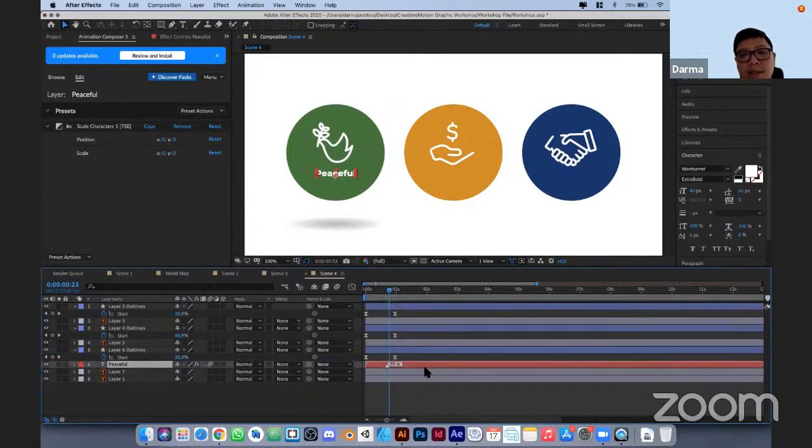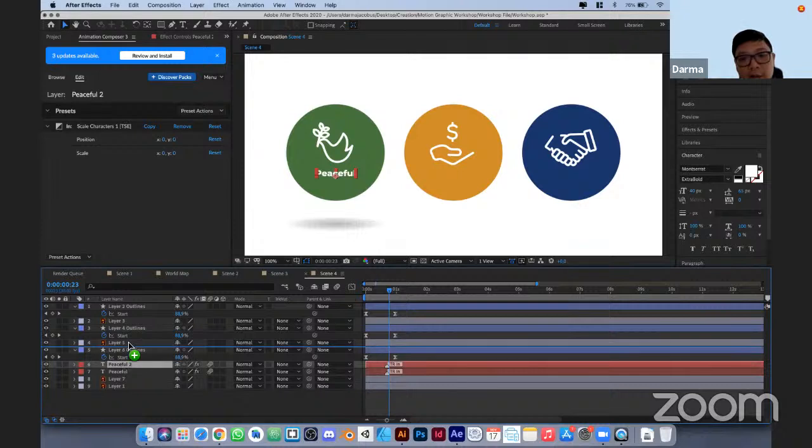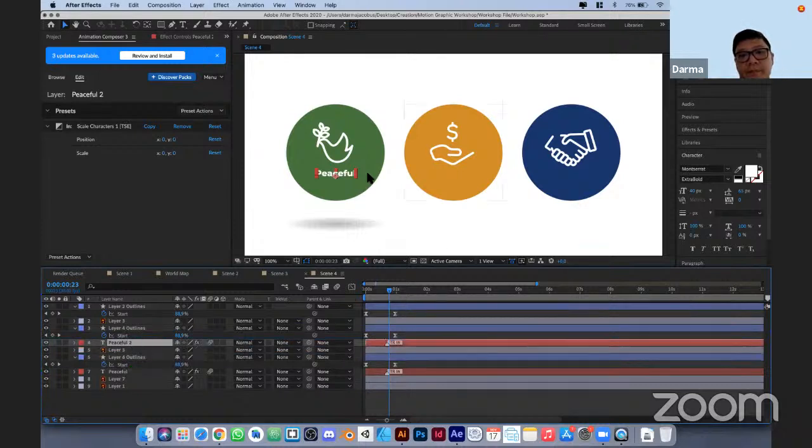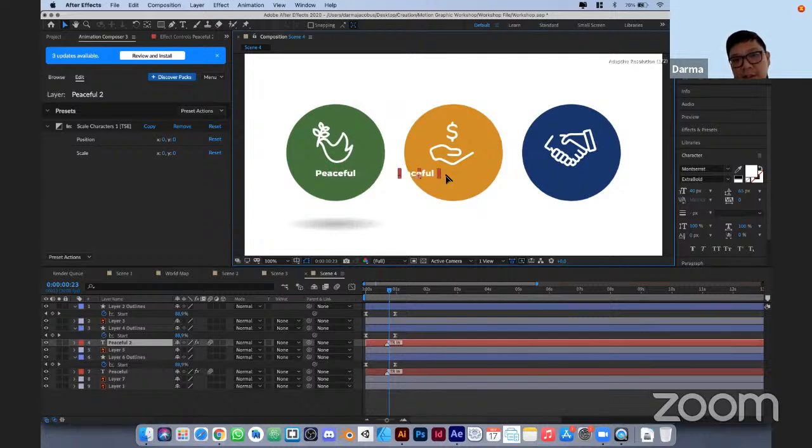Okay, and then the next one, we can duplicate it by hitting Control D or Command D on the keyboard, and go to this one and rearrange here in the bottom, and just change this